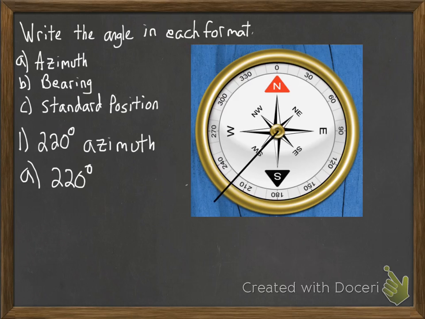So this would be our angle. Now we need to figure out what kind of heading that would be. To figure out the heading, realize that in a heading we have a north-south line. So if we draw in our north-south line here from 0 degrees to 180 degrees,